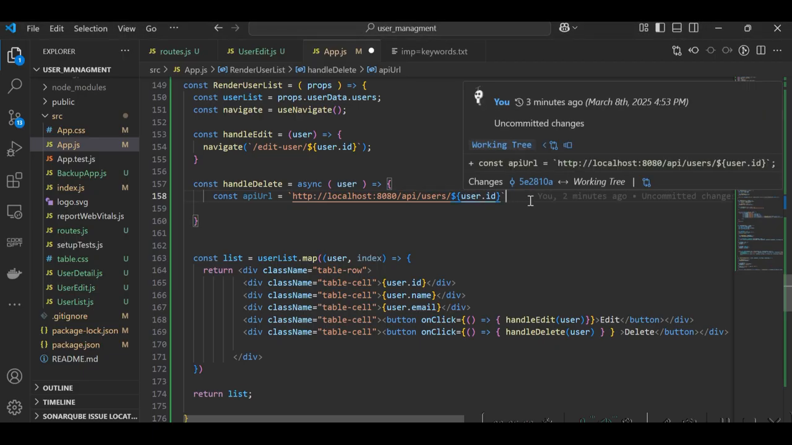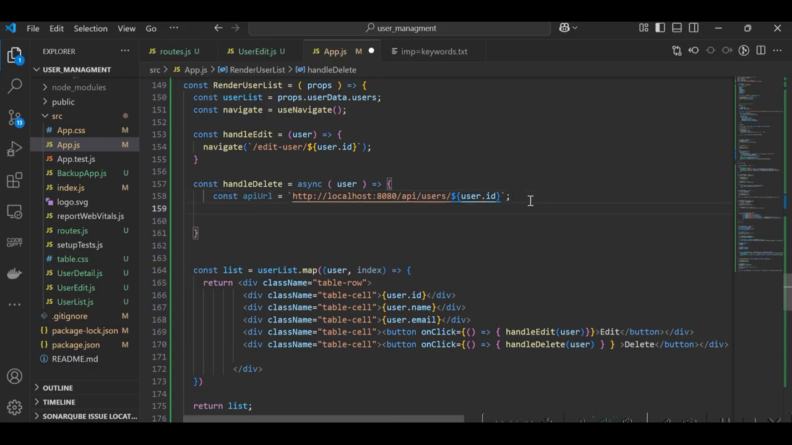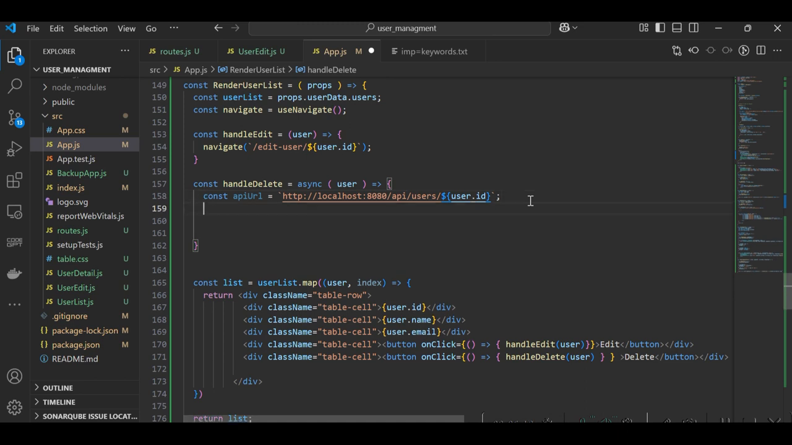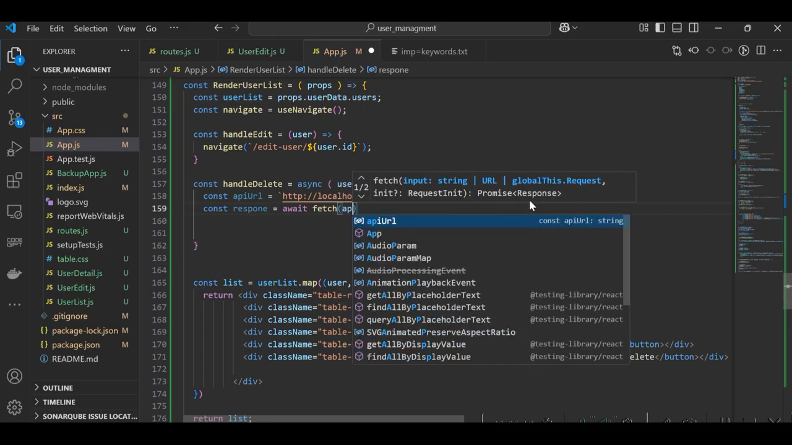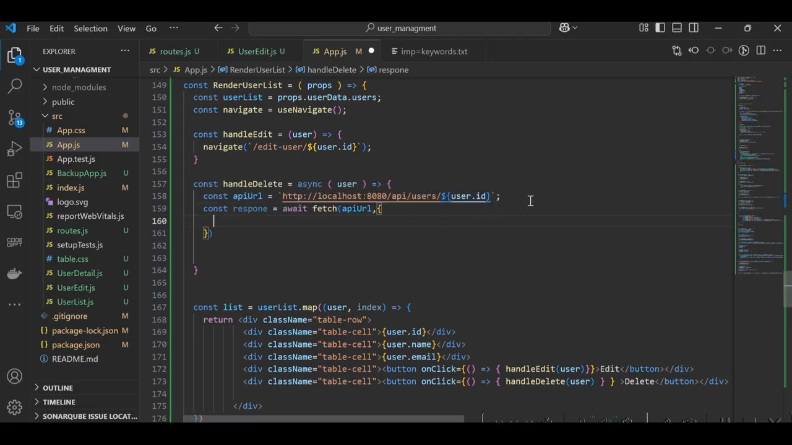So we can change it to backtick. Now we need to execute this API with the fetch method. But in the fetch method we need to send delete HTTP method. So first we will call the fetch method with this API URL. So by default it is a get HTTP method, but to delete the record we need to send more option to make it delete method. So we will pass some option with this fetch. So we pass method delete